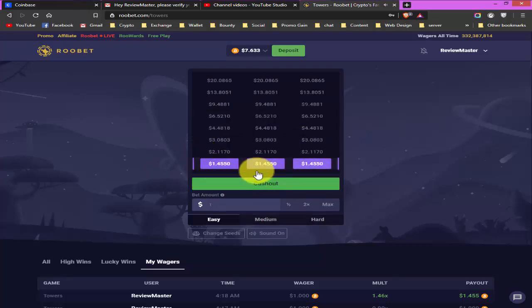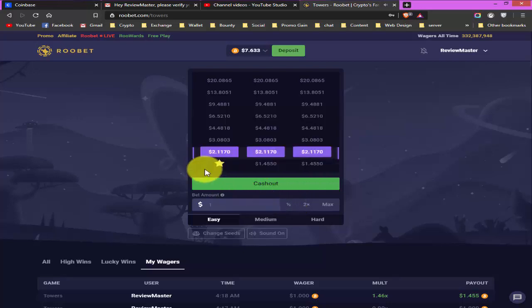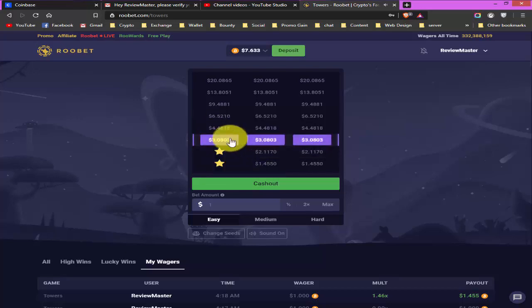Then I need to select any of these, then I will go for it, and it's right. And if I want to click here, if it's right, then I will get the return. If I want to cash out, then I will get 2.1170 in return with my bid amount. And if I want to go further, then I have to select any of these.